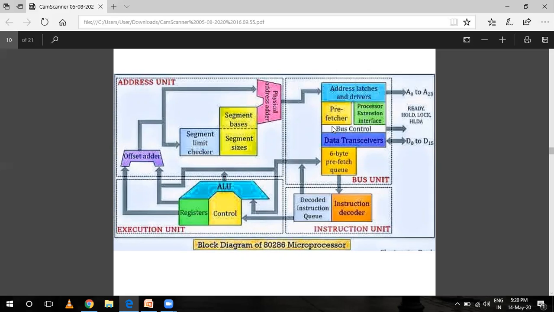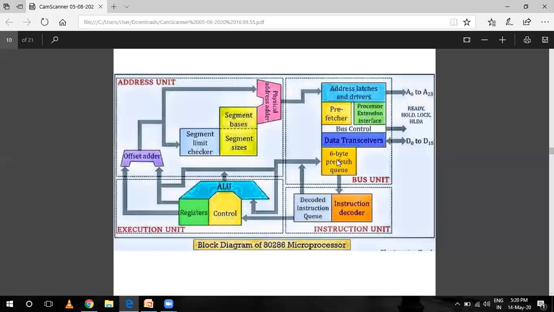Now this address specifies the memory location where data or an instruction is to be fetched. The fetching of data from the memory is done through the data bus. For faster execution of instructions, the BU, this bus unit, fetches the instruction in advance from the memory and stores them in a queue. This is the 6-byte prefetch queue,